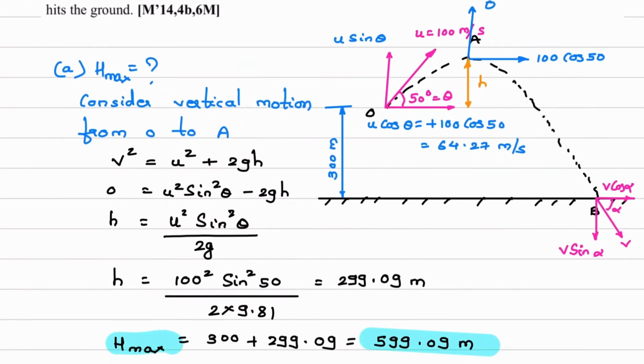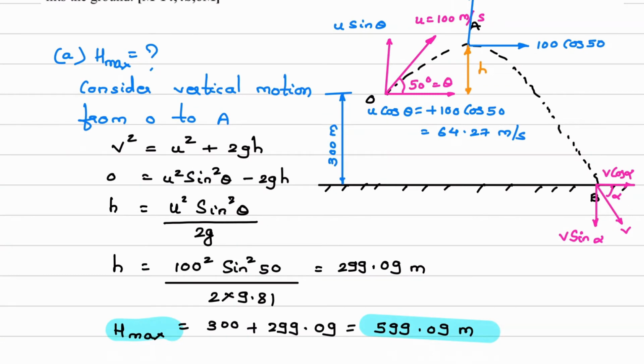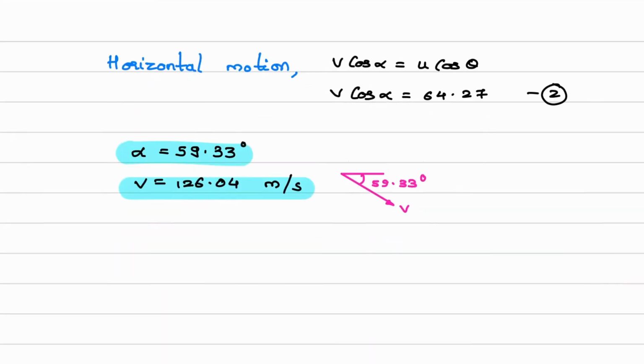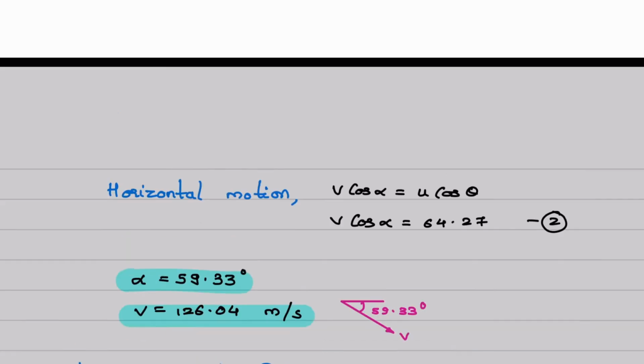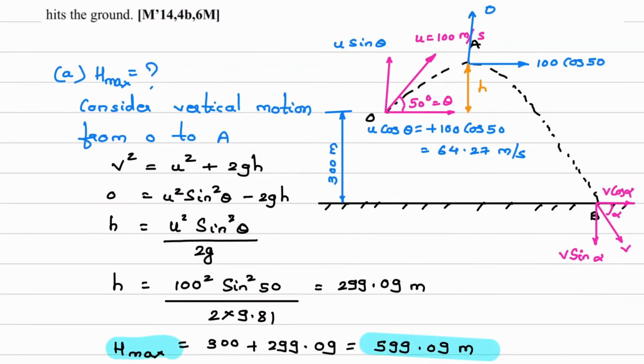Now one more question I would like to cover in this question itself, even though it is not asked. We'll add over here question number D, that is also calculate range. Now what is range? Range is the distance from the point of projection to this point B, point of target. So this distance is horizontal distance. And horizontal we have already seen, it is uniform velocity motion. So velocity is equal to displacement upon time.